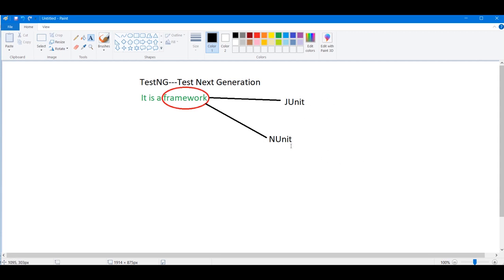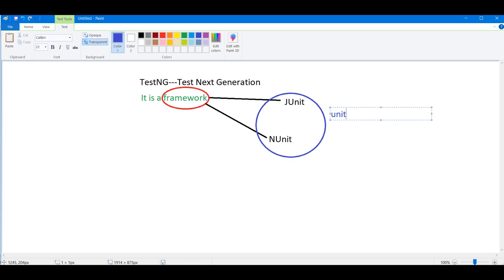Both of these are unit testing frameworks.